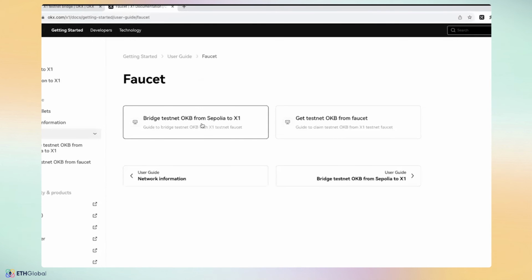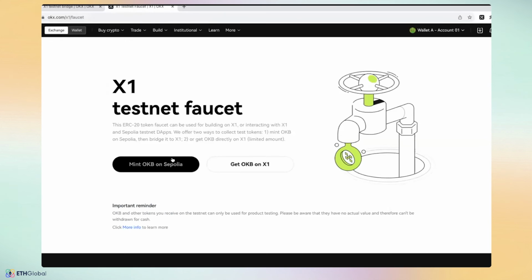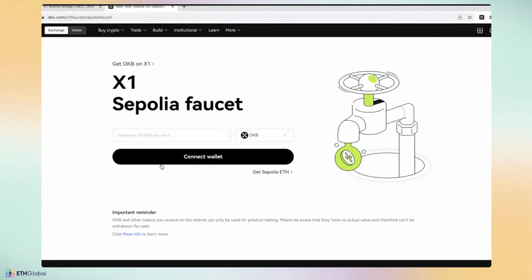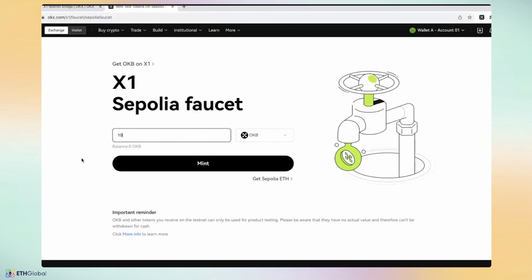Use faucet to get some OKB tokens on Sepolia. Okay, we click here and we can get a maximum of 10. Okay, let's mint. One thing to mention here is that in order to use this faucet, you need to have some